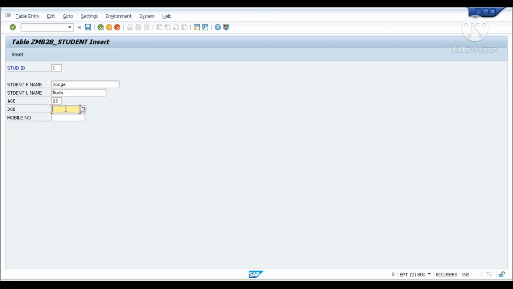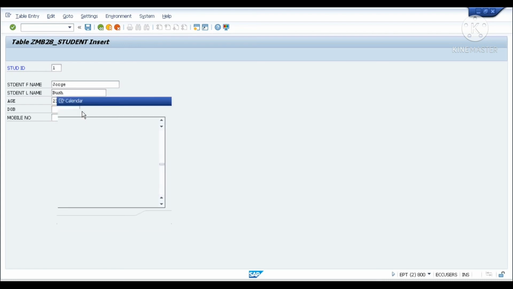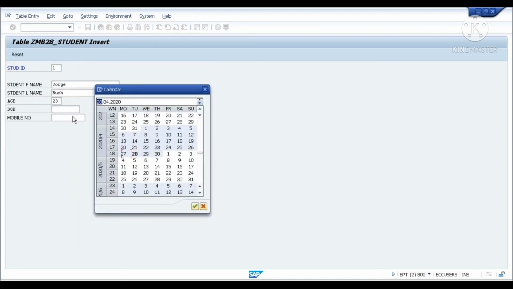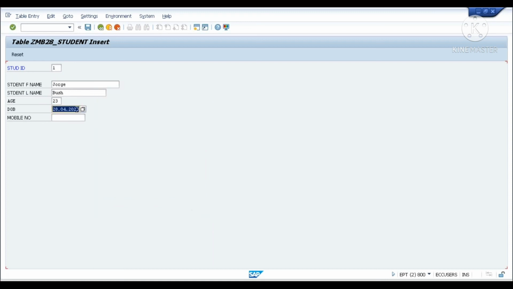Date of birth you can select from here. This F4 is coming from the data element because I have selected the data type date. The mobile number you can give any number, and click on the save button. It will save the data in the table.